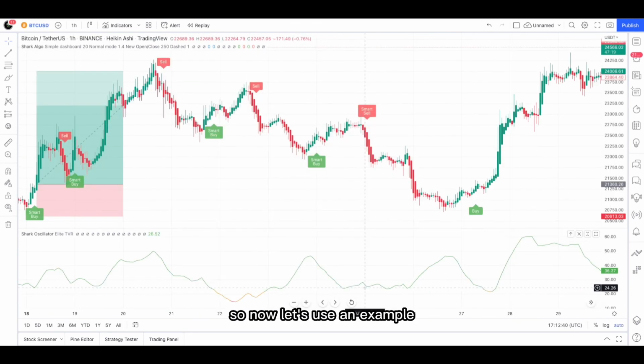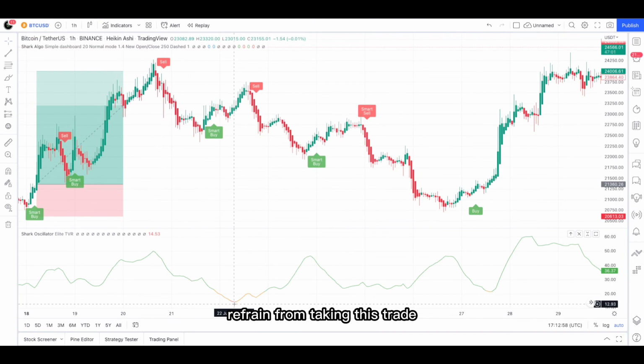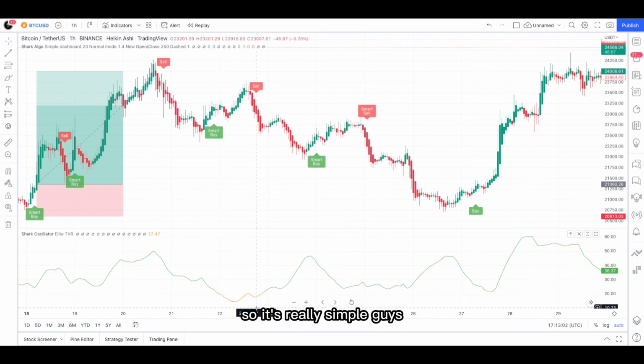your trades. So now let's use an example for a smart sell and see if we would take it or not. So over here we got a smart sell, and as you can see, it's lining up and it's green over here. So that means this is a good smart sell signal we want to take. If the smart sell signal was lining up and you were seeing, for example, a red line, then you'd want to refrain from taking this trade. If you're seeing a yellow line, then that means you want to proceed with caution. So it's really simple, guys. You see a smart signal, you see that it's green over here, that means it's a trade you want to